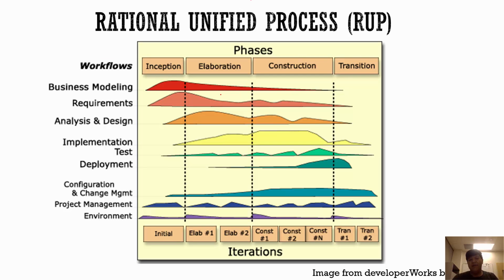So next up is Rational Unified Process, or RUP, or maybe just say RUP. Okay, so I'm going to be a little bit general here because this is somewhat of a customizable process. So let's take a look at what we have here. Again, we have the basic notion of phases. So you can see on the top, we have basically these 4 things listed out: inception, elaboration, construction, and